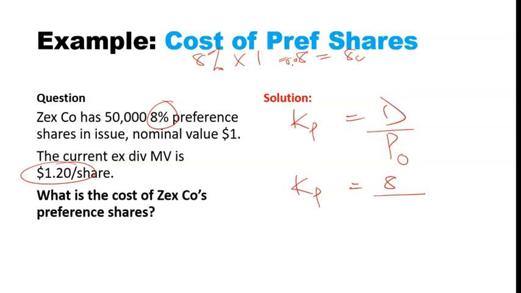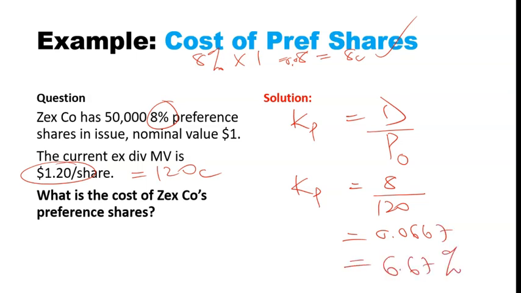And I said you just have to use like with like. Since we are using the cents, obviously $20 is equal to 2,000 cents. So we are going to say 8 over 2,000, and we get the cost of preference shares as 0.0667, which is equal to 6.67%. Okay,